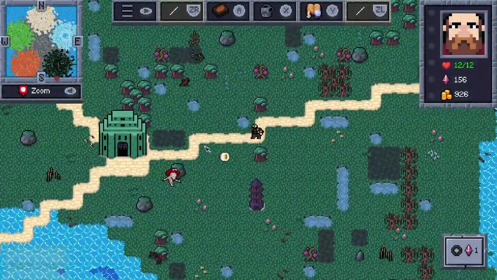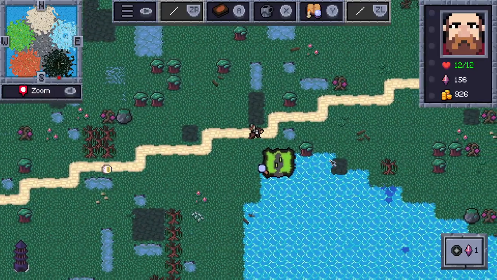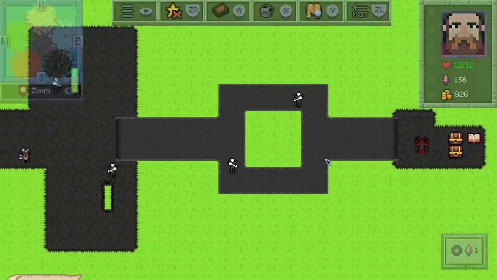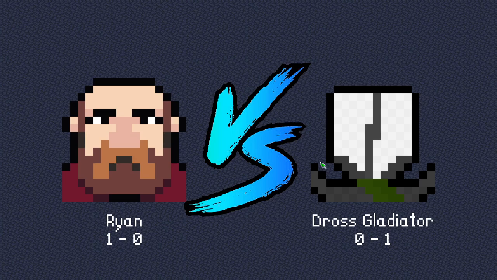But yeah, so... Ooh, what is this? A swamp. Okay. Dross Outpost. Well, what do we got here? Dross Gladiator. Okay, well...